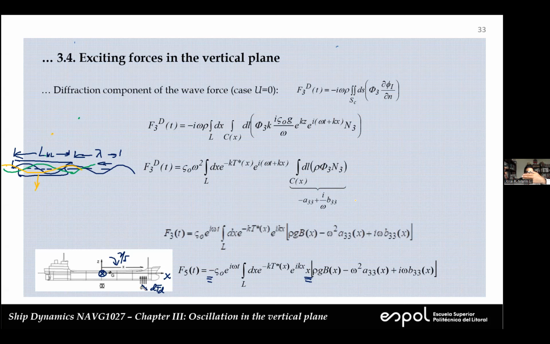When the wave came on the bow, after a little bit of time the ship started to respond. So the phase lag between the incoming waves and the response of the ship made physical sense. Similarly, in this case,